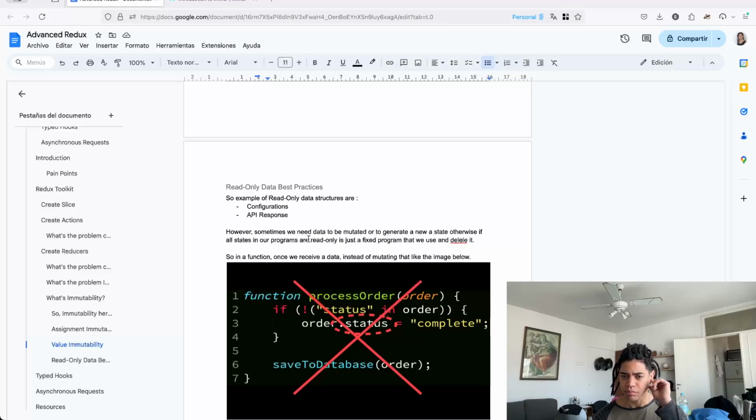So all of this read-only best practice is just to cover one specific theme, which is value immutability, especially with read-only data. This is useful for configurations most of the time. So when you're going to pass down this data,